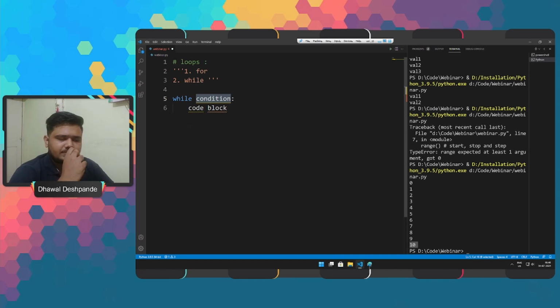To work with the while loop, we do need one more thing, which is a counter variable. The counter variable can be incremented or decremented as per our need.